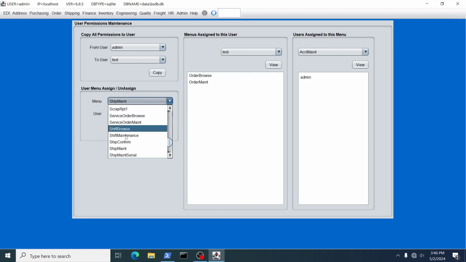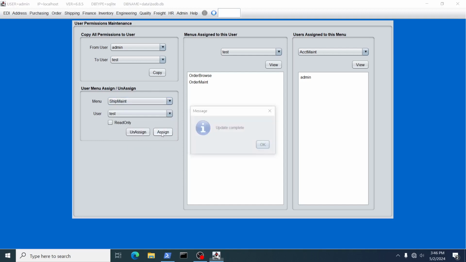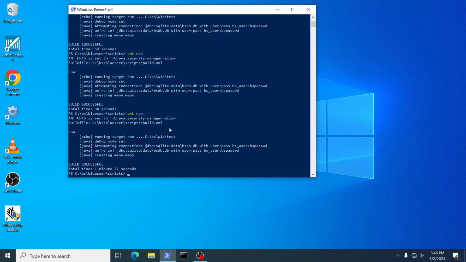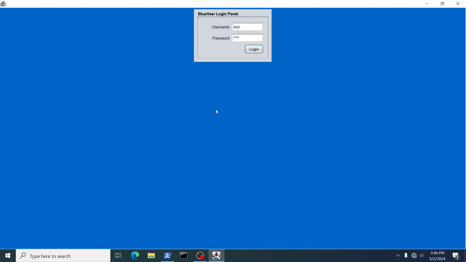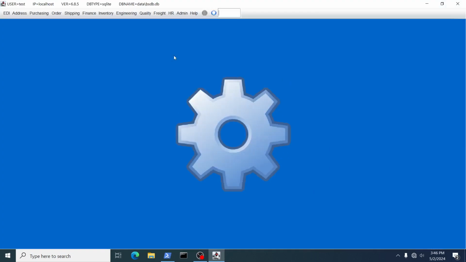Ship maintenance, that's a good one. All right, just to give some examples. So now the test user ID has access to these three menus. So if we close the application, log back in with our test user ID, then